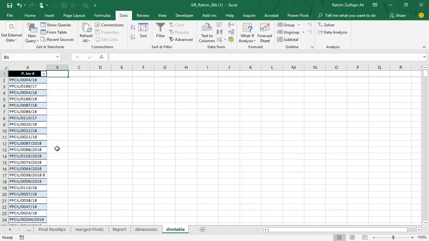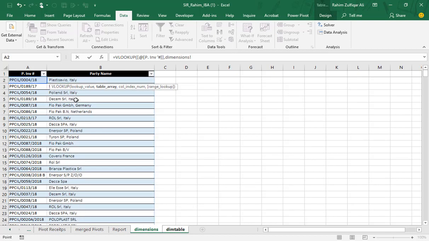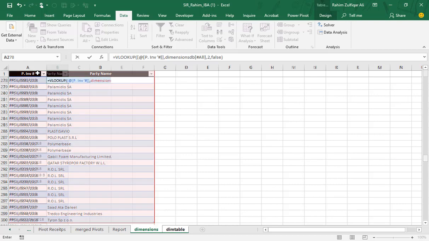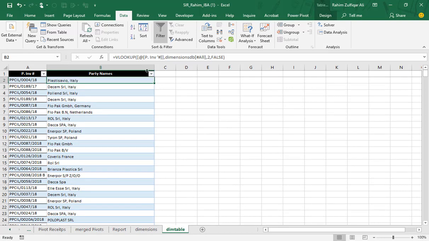Now I want the party names here, so I will do a VLOOKUP, so that I can get the party names next to the invoice numbers. Party names equals VLOOKUP, lookup value, I have already the dimensions table, then 2 comma false, and I got all the party names according to these invoice numbers.